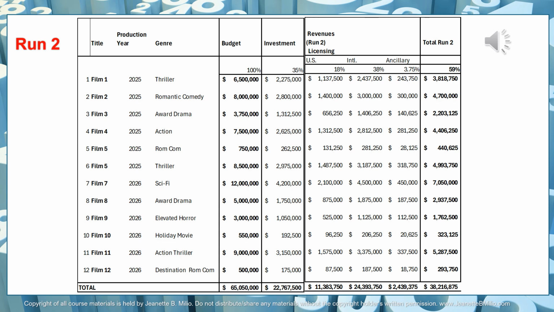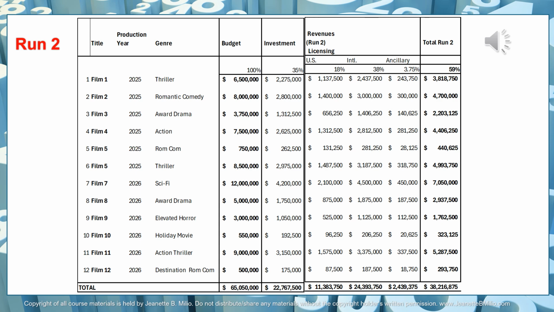$293,750. So these are, as I said, generated values that are averaged out. And so it could very well be that each of those movies performs slightly different, and then the second run would also look different. But right now, it's about half the budget generated in the second run, between 50 to 60% again. So we made 115% of the budget in the first run. We're making another about 60% in the second run.